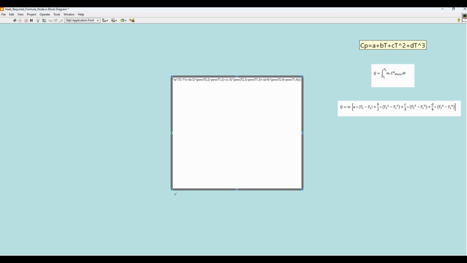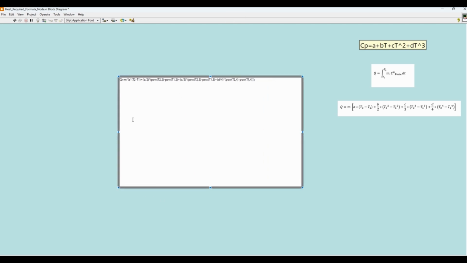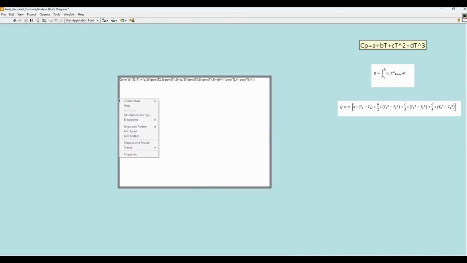Now, whatever data is required, we will assign as input and output variables. Inputs: we'll put A, B, C, D, M, and two temperatures, T1 and T2.